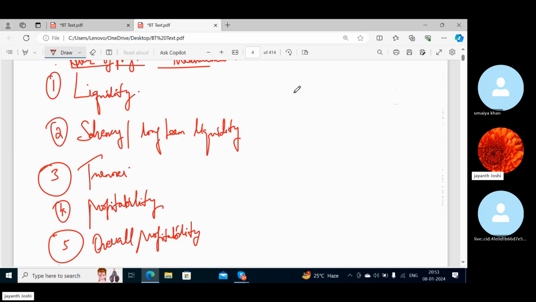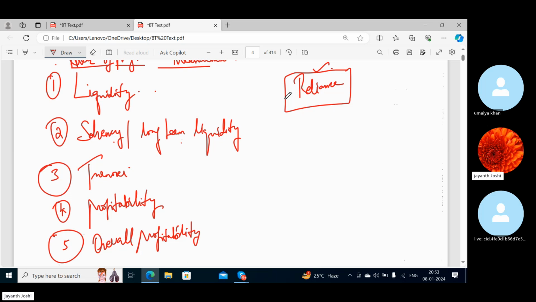That means if I want to consider my investment target as Reliance Industries, that means if I want to invest my money into Reliance company stock, then I will check the performance of Reliance Industries in all these mentioned areas. That is, I will check the liquidity position of Reliance company. I will check the solvency or long-term liquidity position of Reliance company. I'll check the turnover, what kind of turnover they generate, and how are they generating enough turnover,